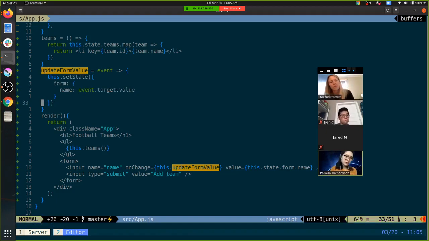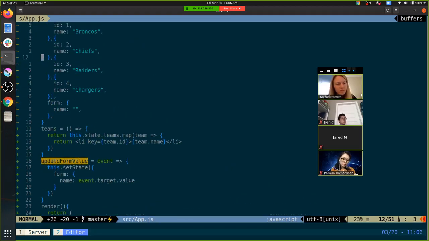Thank you. What else? If the form was its own component, how would you pass the state then through the function? So the good news, can I jump into that? Yeah. On your input of the form, you would have to pass it down to that component, and then you can take props, and then through props, you can pass the state. Yes, but check this out. If I have that form in its own component, then I probably don't need this to be owned by the app component anymore. I can just have the form control its own state.